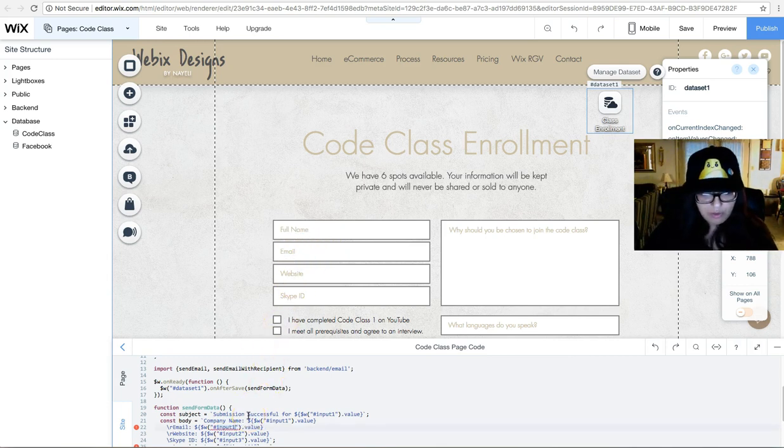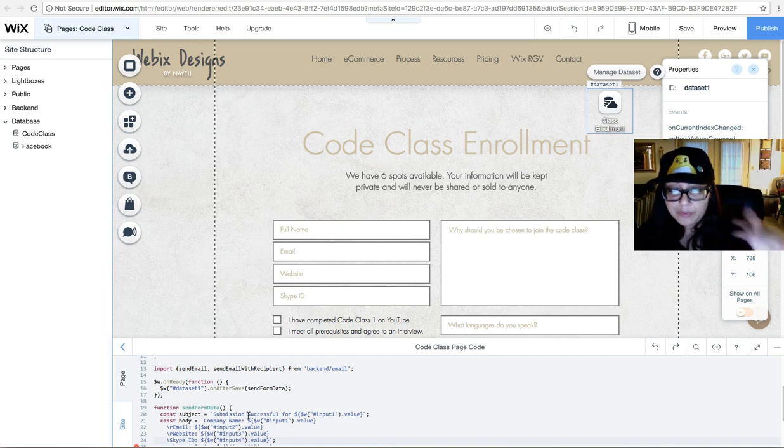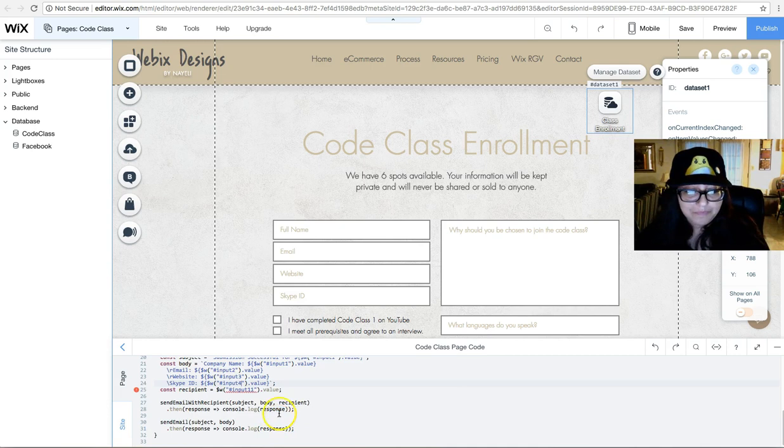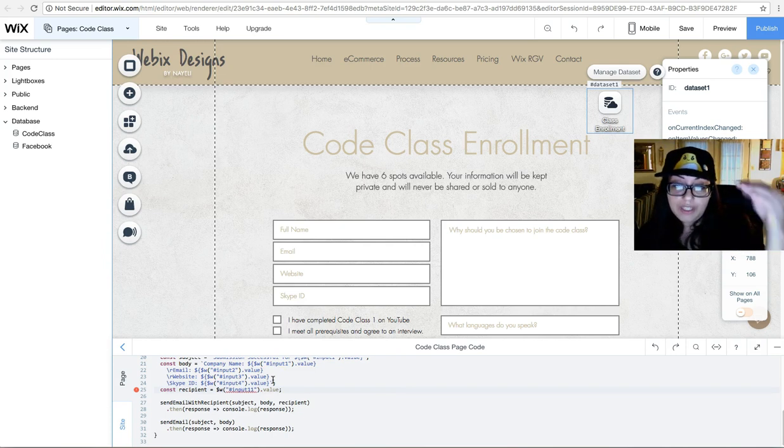So this one is input 2, and then I have an input 3, and I'm assuming I have an input 4. I don't know if those are the correct ones for those matching ones. I just wanted to put something just to show you how to fill it in. So then the recipient, there's a line that says recipient. That is where you put the email address. Find the user element where you collected that person's email, if you will be sending an email to that person, and go ahead and add it into that little code. So this one's going to be input number 2,